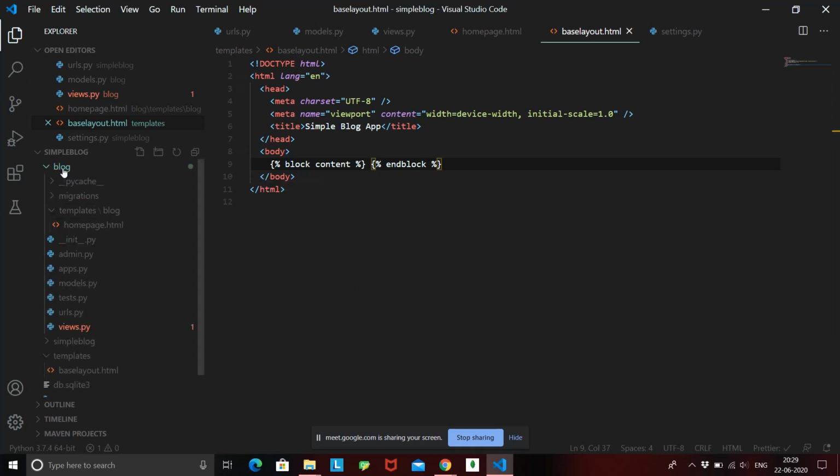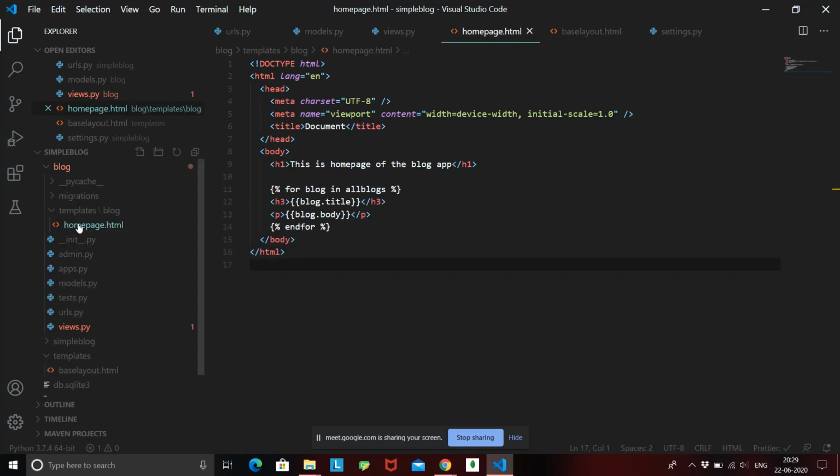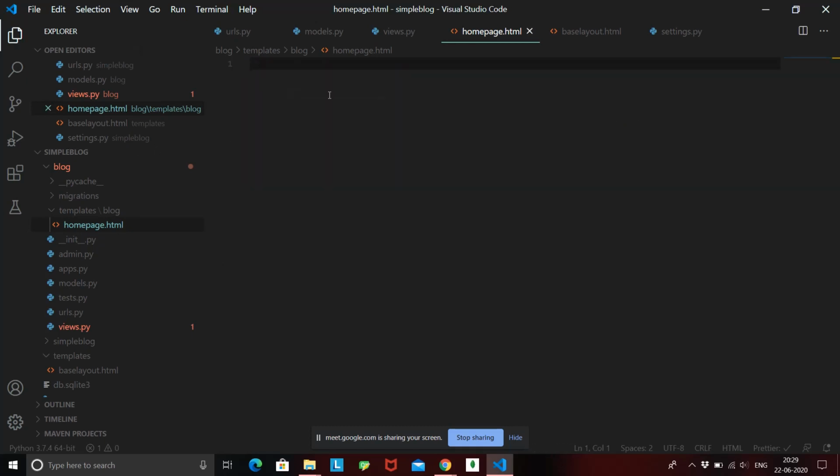If we go to our blog, to our homepage.html, let's try to delete everything. Okay, here I need to write the content that should be placed in the body of the base layout. So now what I need to do is say extend base layout.html.